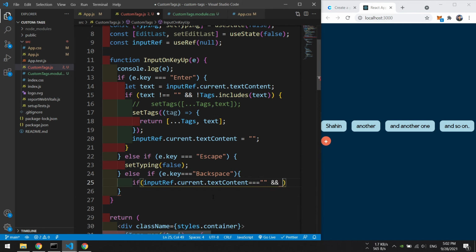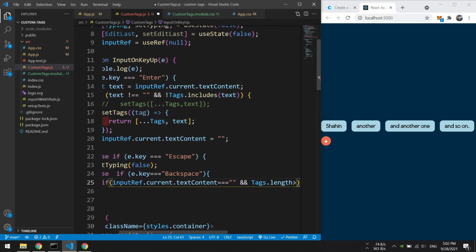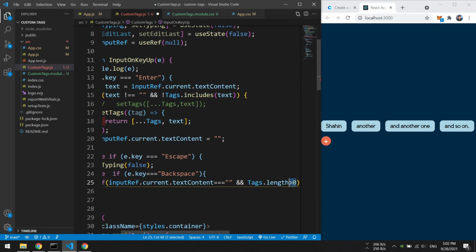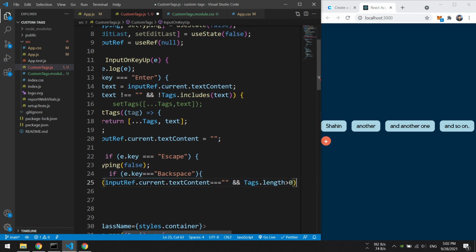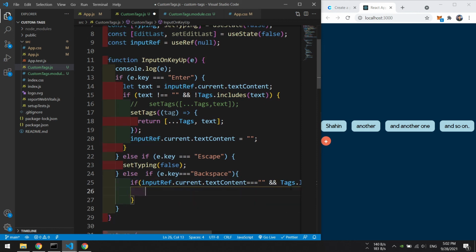And let me see. The tags are there. We should check to see if there is actually any tag that we could edit. So we're going to check that if tags.length is greater than 0, that there is actually a tag here. So if all these conditions are met, we come down here and say